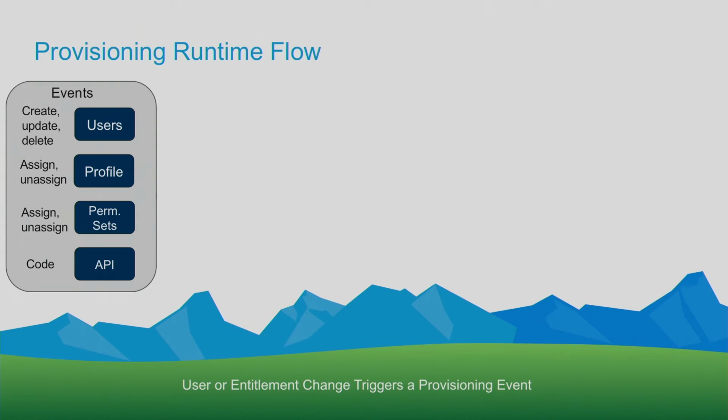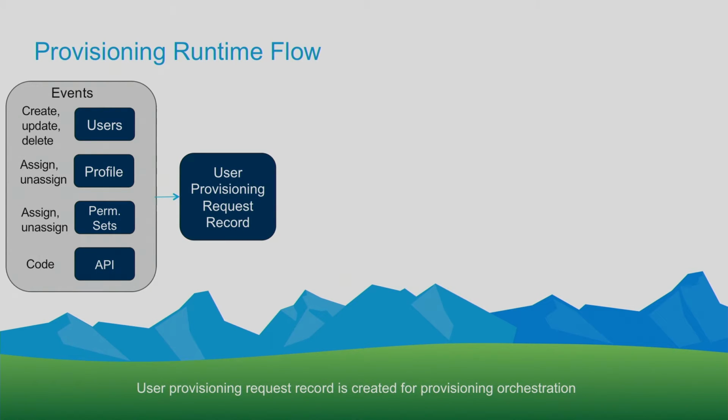Taking a closer look at how provisioning works, it's event-driven. So as you create users within Salesforce, as you assign them profiles or permission sets that authorize them to specific applications, or as you invoke provisioning using code over the APIs, that will create an event to be processed. The event is stored in an object, a standard object called user provisioning request, which is essentially the orchestration for